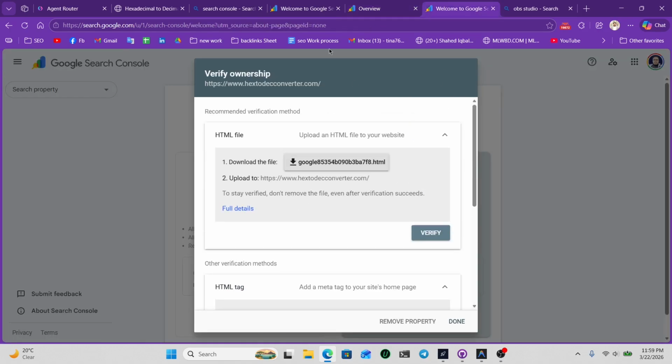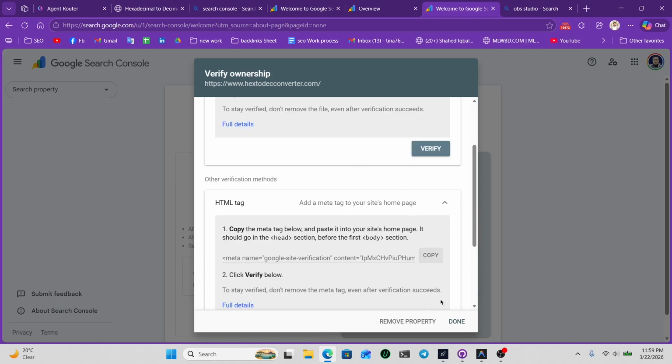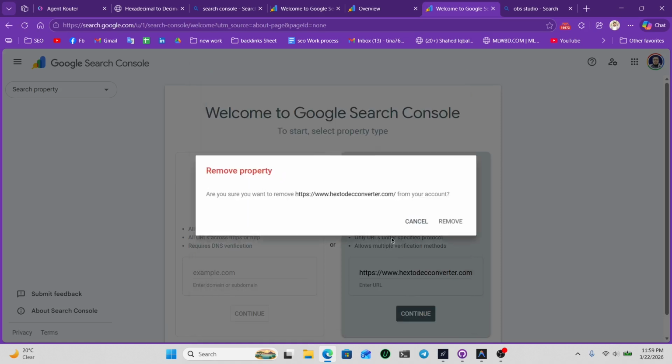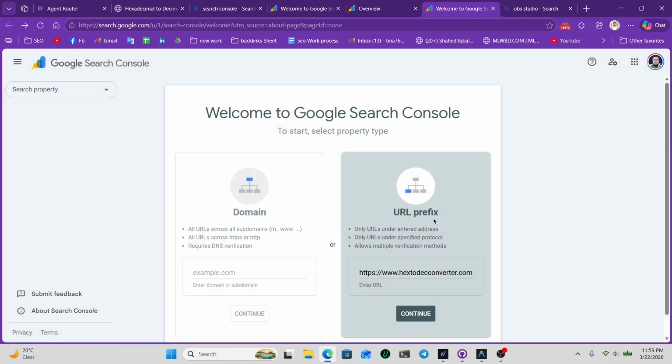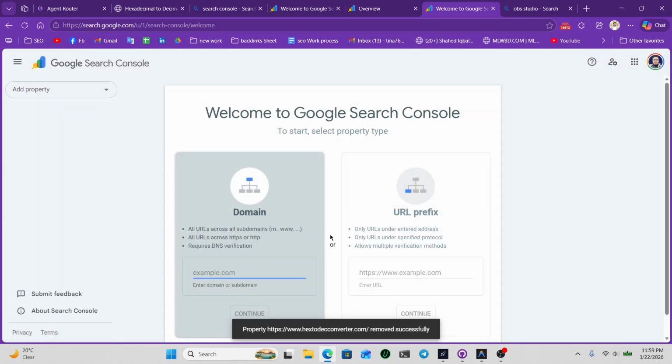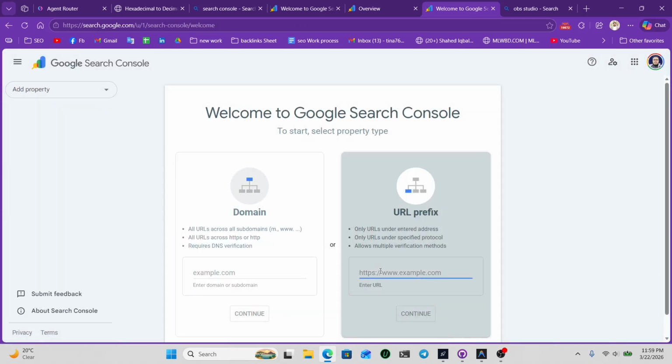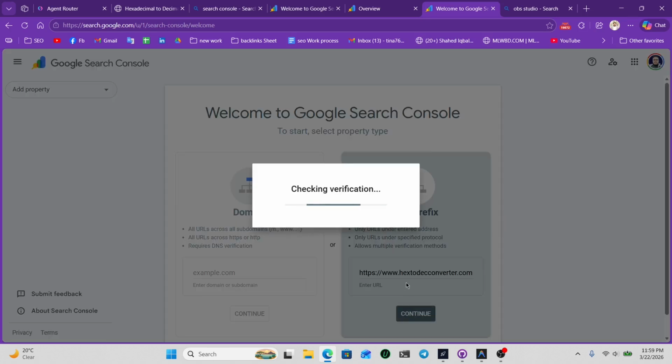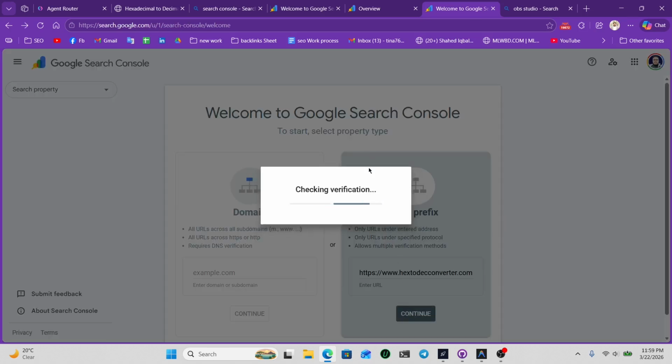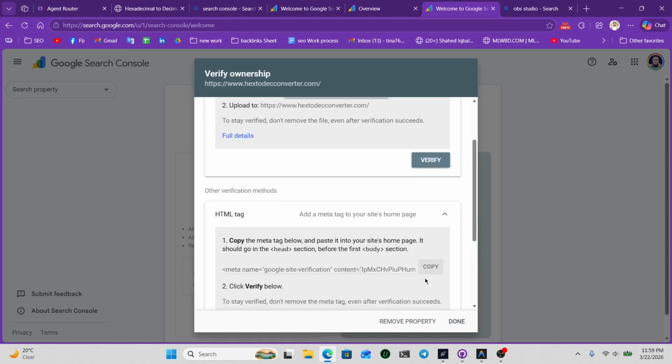Here is another Gmail of mine. I click on the Search Console, and I paste the website here and click on continue. Then they give me the HTML tag, and I